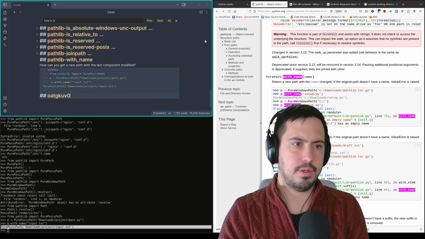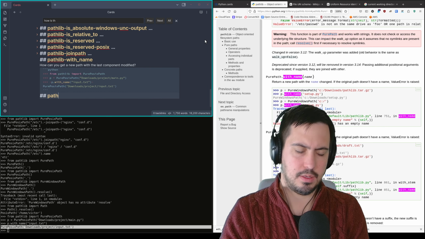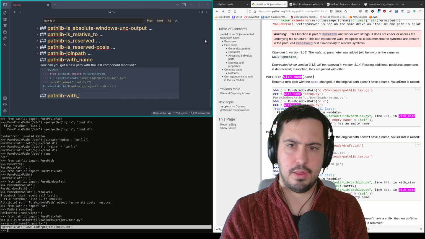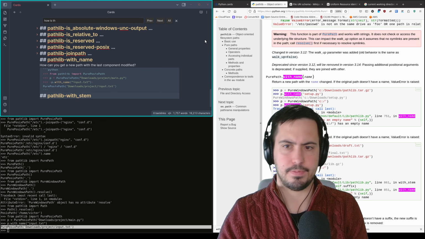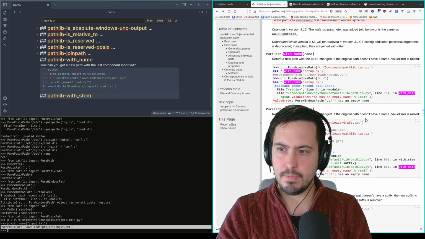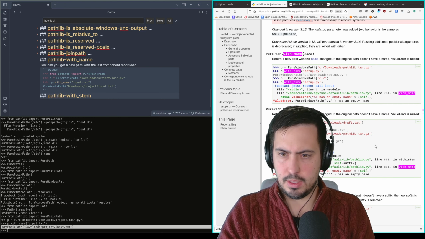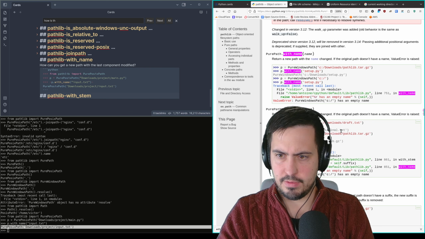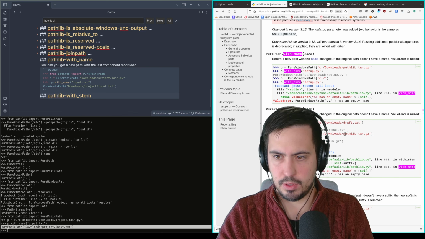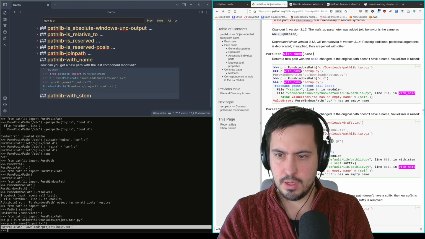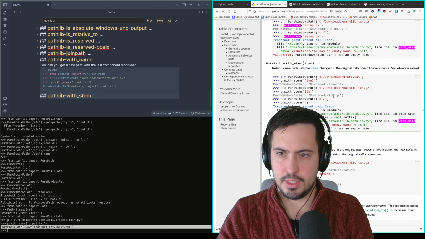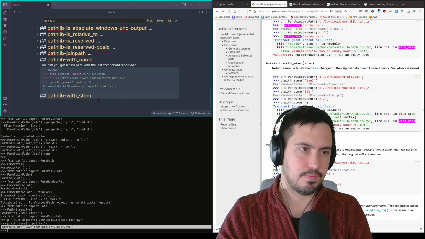Okay, so pathlib with stem, and we want to change only the so here with stem final or with stem lib. Okay, now this is important, because if there are two suffixes, we're changing the whole suffix. So